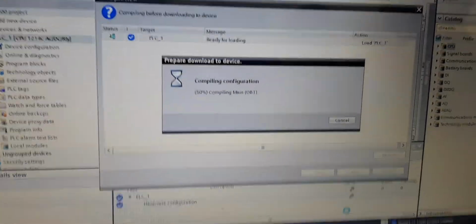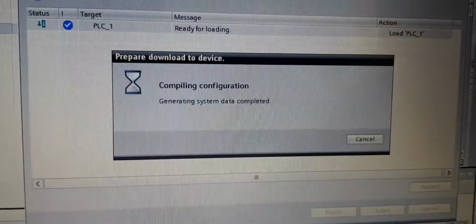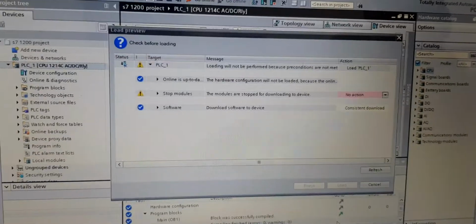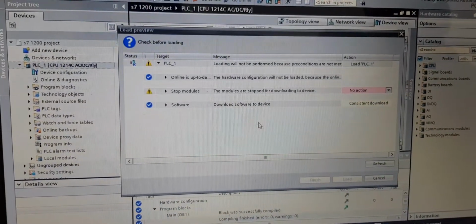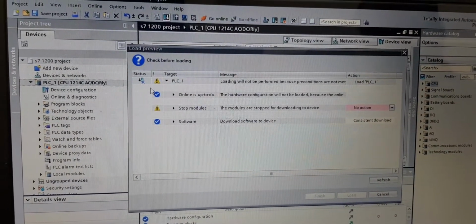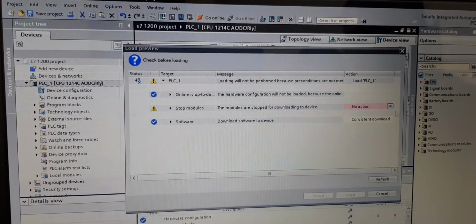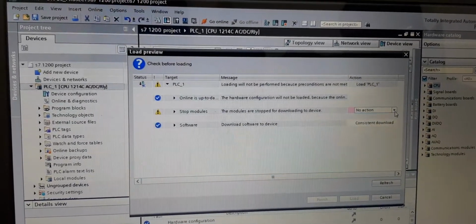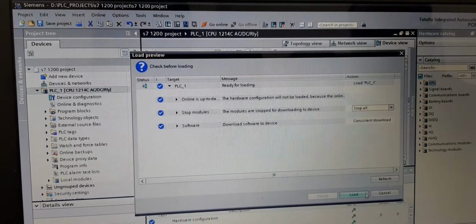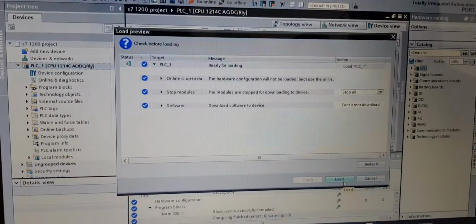So it is compiling configuration. Now this window will pop up. What you have to do? Here you can see software and online is up to date. These are okay. Now for stop module, what you have to do, select stop all. Okay, and then click here download.